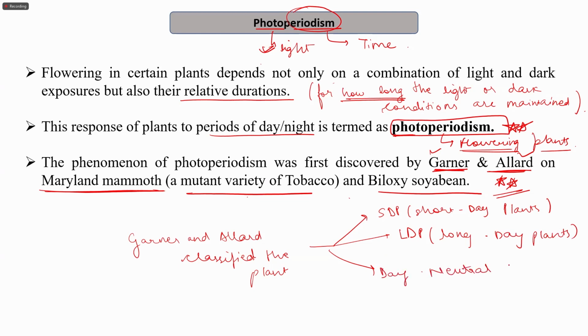That is, the plants in which flowering is not affected by the length of the exposure to light. So Garner and Allard were the ones who first discovered photoperiodism. Phototropism was first observed by Francis Darwin, right? Photoperiodism was first observed by Garner and Allard, and on the basis of this they classified plants into three categories: short day plants, long day plants, and day neutral plants, that is DNPs,